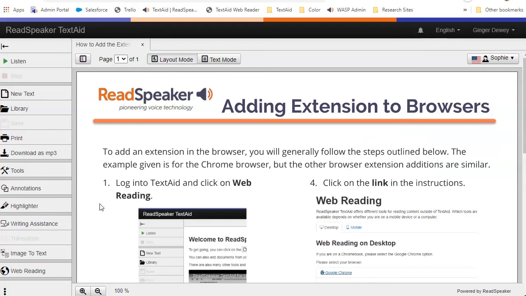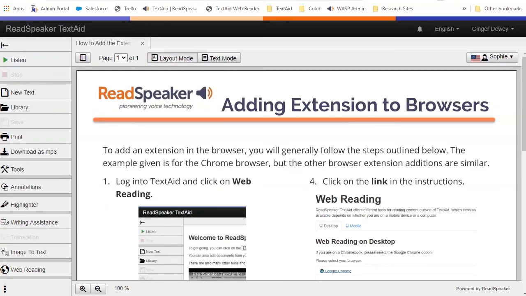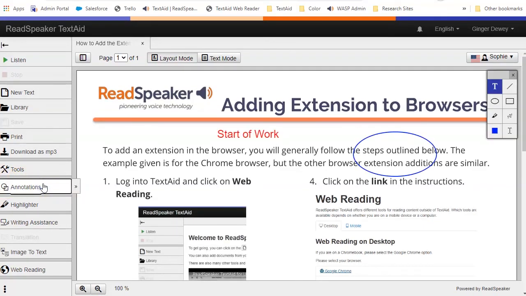Your text and annotations are automatically saved on the computer you are using, as long as you don't clear your cookies and cache. To clear your annotations, you must first click on Annotations, and then click on each trash can individually, as we are doing for some of our annotations. Now that you know how to use your annotations, you're ready to begin editing your documents.